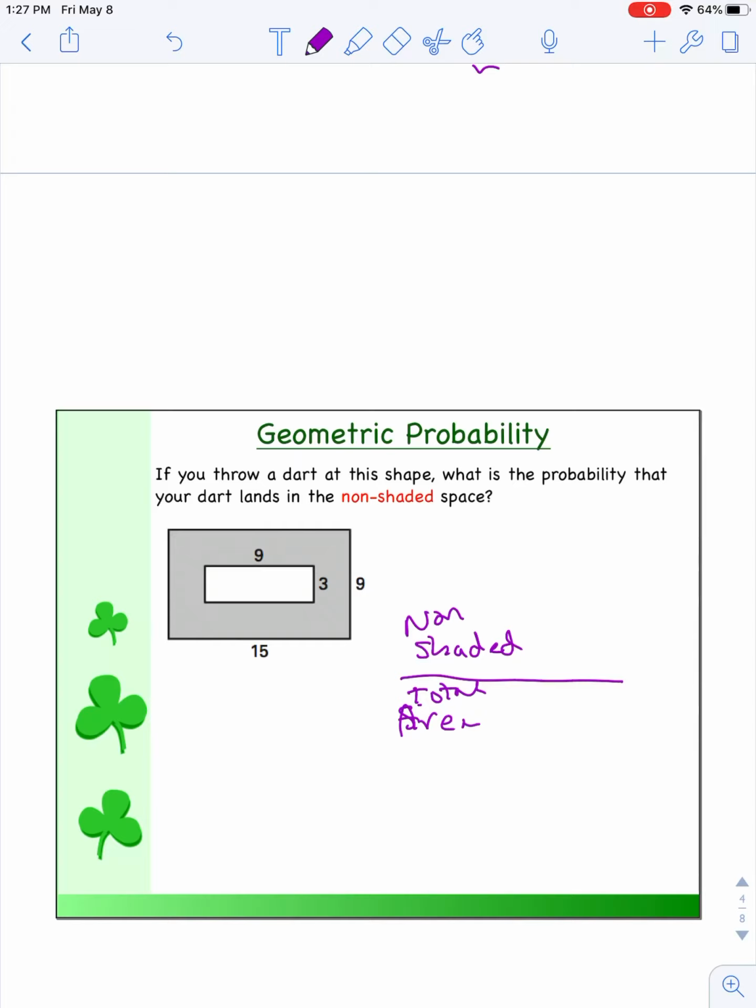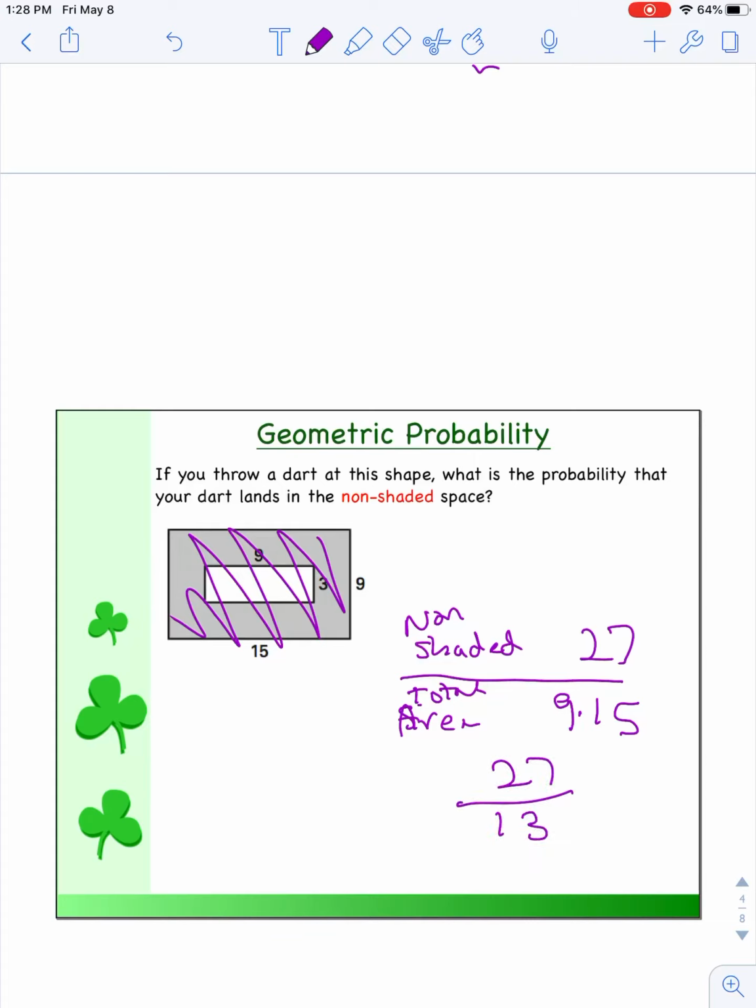So the non-shaded here is pretty easy. So 9 times 3, 27. And the total area where it could land is anywhere in here. So you get 9 times 15. And so when you calculate 27 divided by 135, that gives you